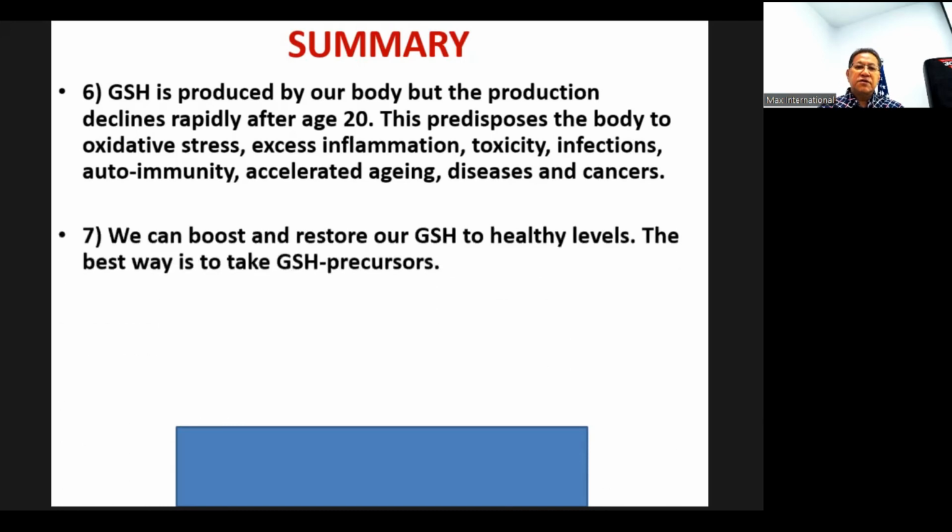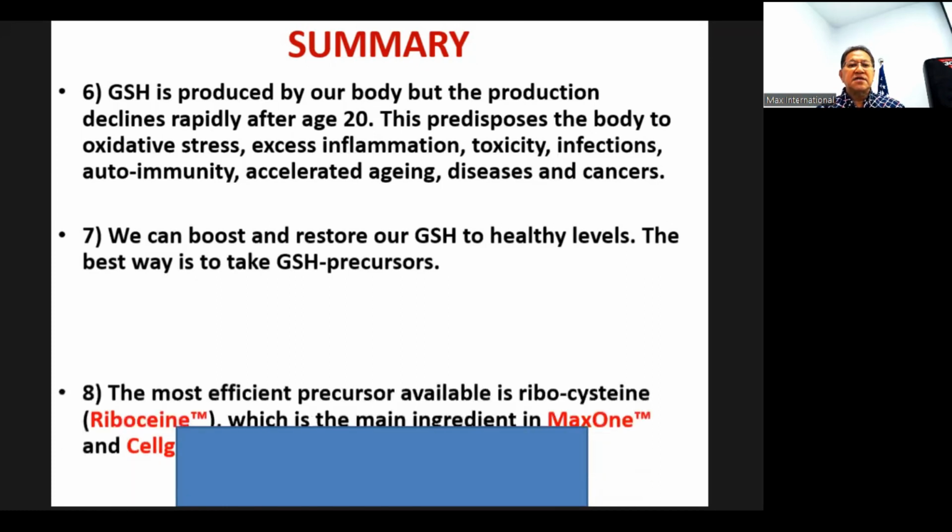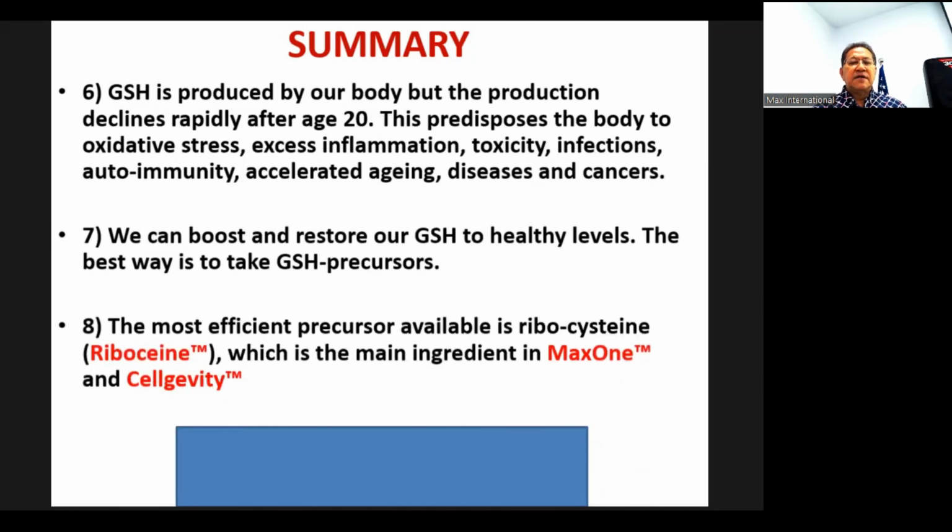And we can boost and restore glutathione to healthy levels. The best way is to take glutathione precursors. And the most efficient precursor available today is ribocysteine, trademarked as ribosine, which is the main ingredient in Max1 and